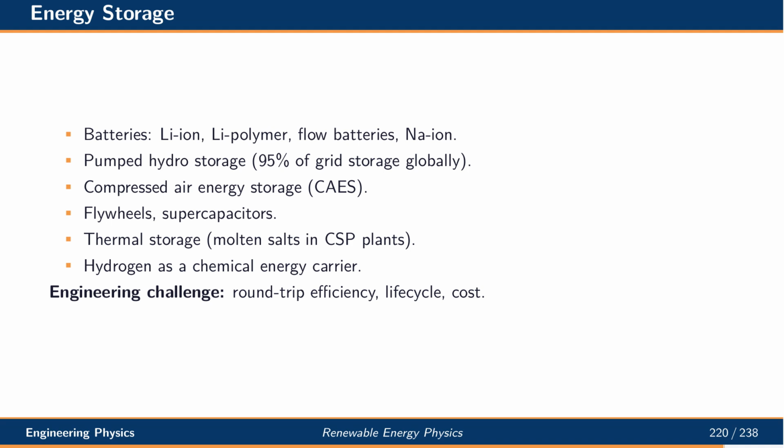Flywheels and supercapacitors provide rapid power on short time scales. Thermal storage in molten salts is used in concentrated solar plants. Hydrogen acts as a chemical energy carrier. Each option faces engineering challenges in round-trip efficiency,